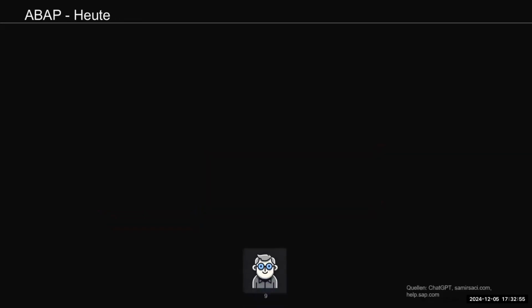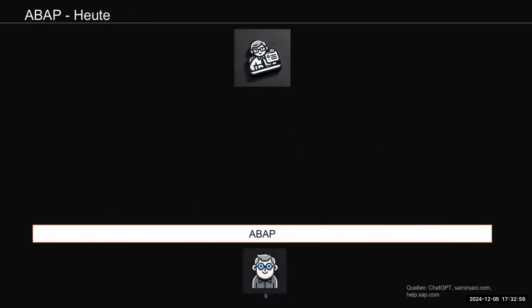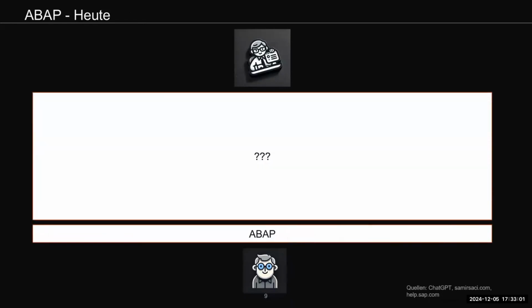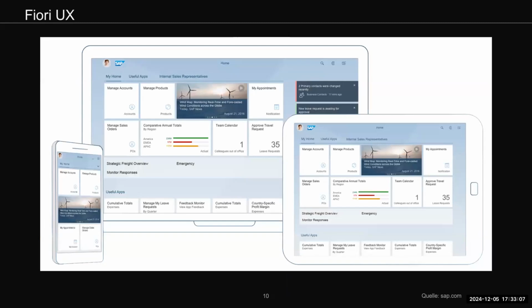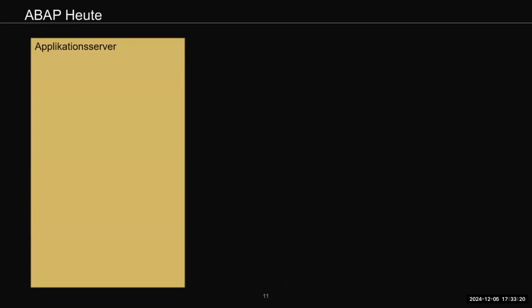But what does it mean? The ABAP developer simply has to change the stack between him and the customer or the user of an application, and this technology switched to Fiori UX. So this switch is not only changing some UX from Dynpro to Web Dynpro or something else. He had to learn a lot more new stuff and a lot more adaptation.